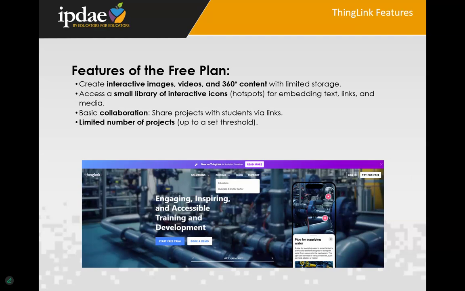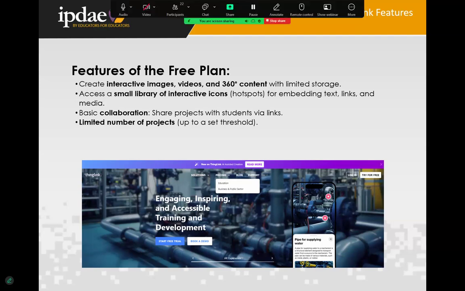Also, keep in mind that the free plan may be limited to a set trial period. After this, you may need to upgrade if you want to continue using all of the features. In fact, I started out using a free plan, and then I have a certain number of days before I need to upgrade. ThingLink occasionally changes these terms, so it's a good idea to check their current